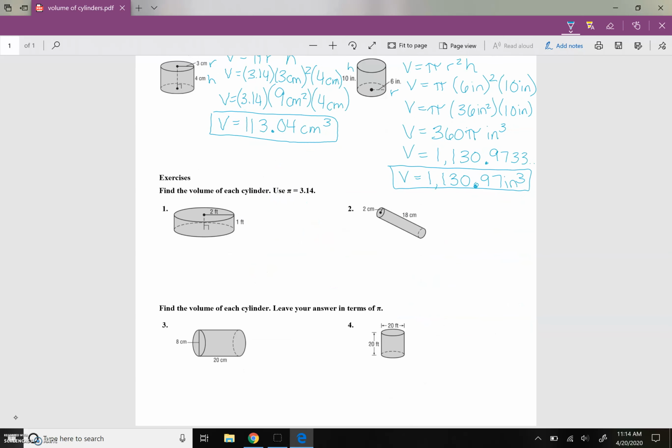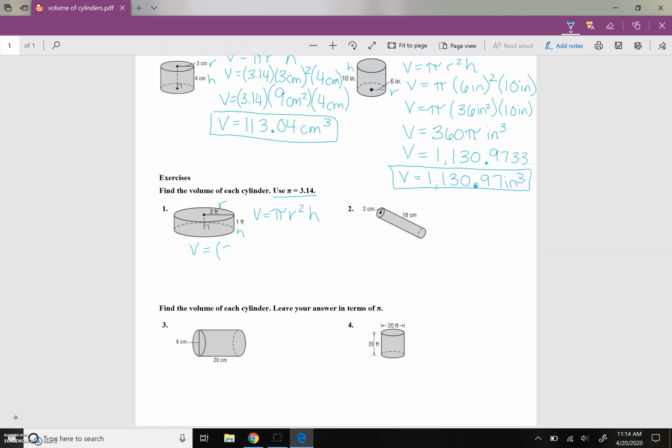Moving down to the exercises, the directions tell us this time we're going to use pi equals 3.14 for both 1 and 2. So we'll start with our equation. Volume equals pi radius squared times the height. And our radius is going to be the 2 feet, and our height is going to be the 1 foot this time. So plugging that in,